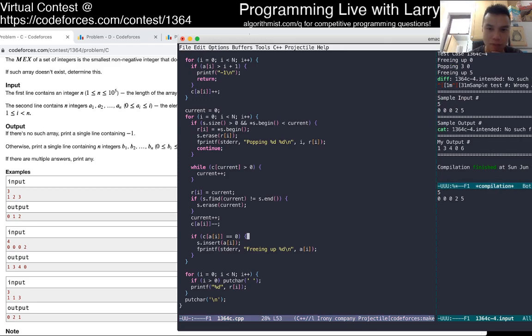But this doesn't seem right. This should have a freeing up 2 from here? Oh, because the 2 is popped. So then I never did this check. Okay, so I have to do this check.